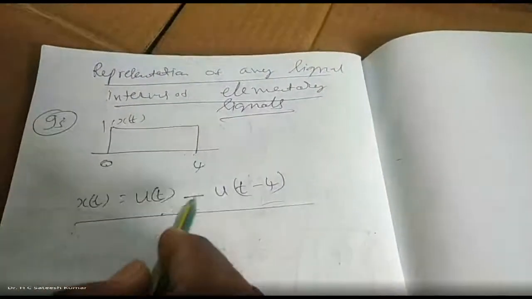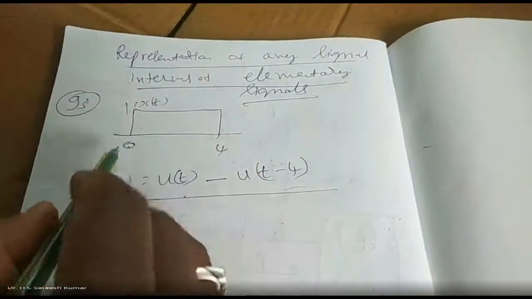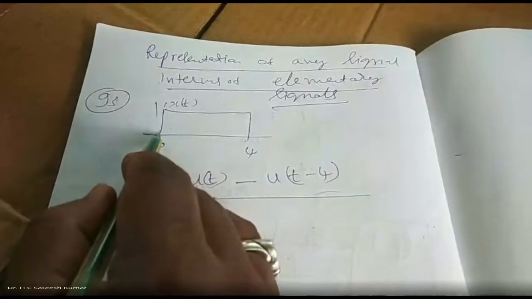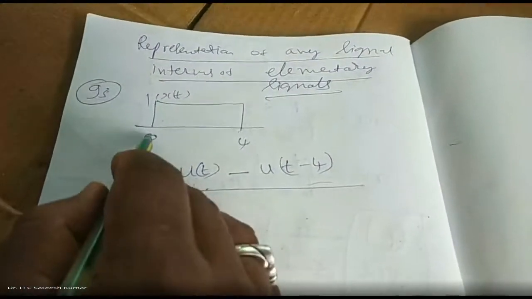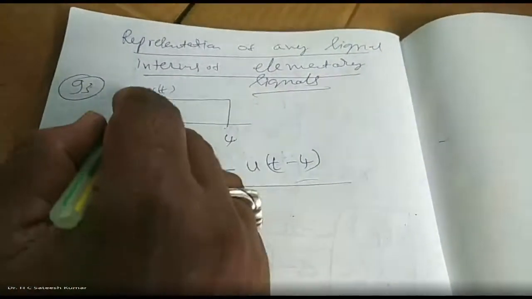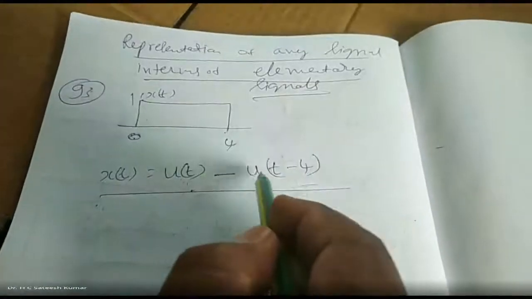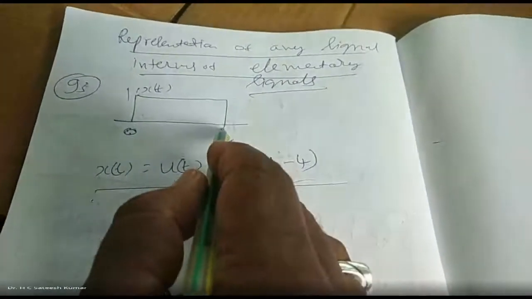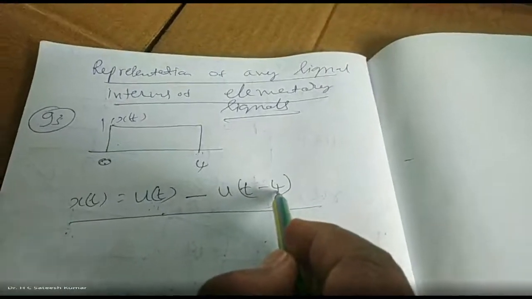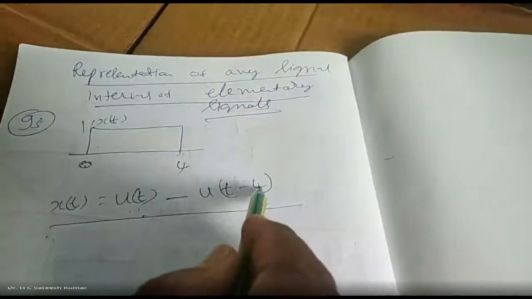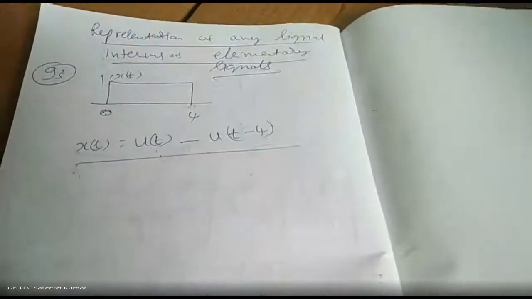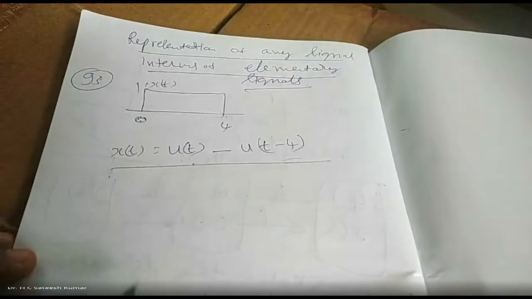Now, instead of this, I'll give one shortcut. See, u of t means what? Up by 1 unit wherever it is, let us say at 0. Therefore, u of t starts from 0: at 0, up by 1 unit. And next, 4 is at 4, fall by 1 unit. Fall means minus. At 4, fall by 1. That's how we should represent it. So that method is very easy for you. How you will come to know in the later stages.